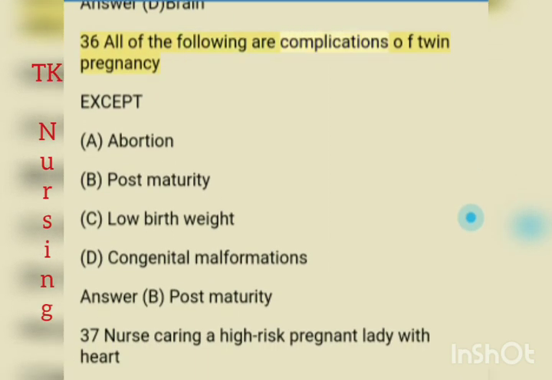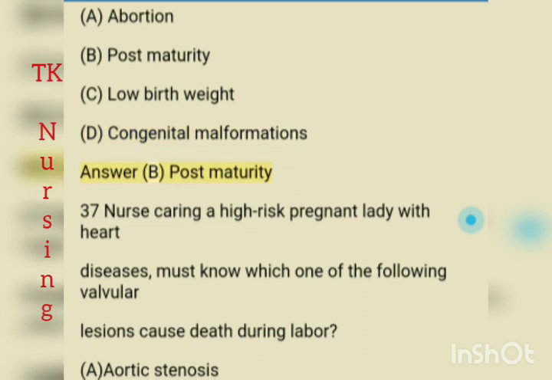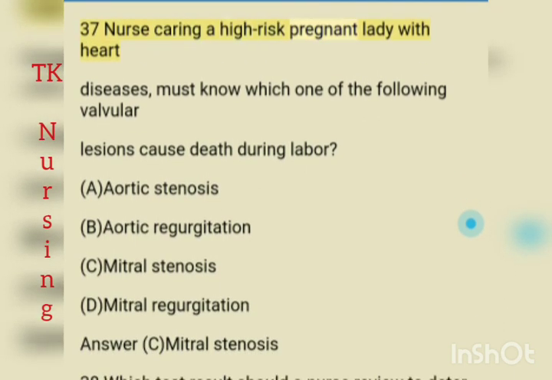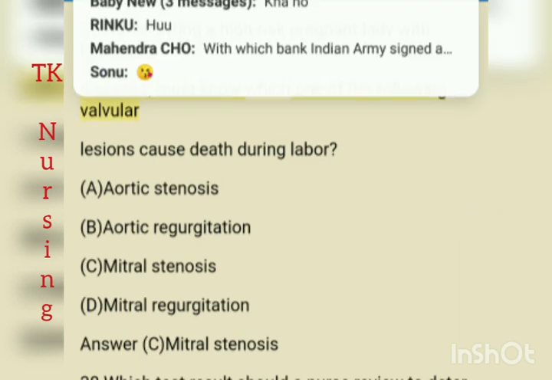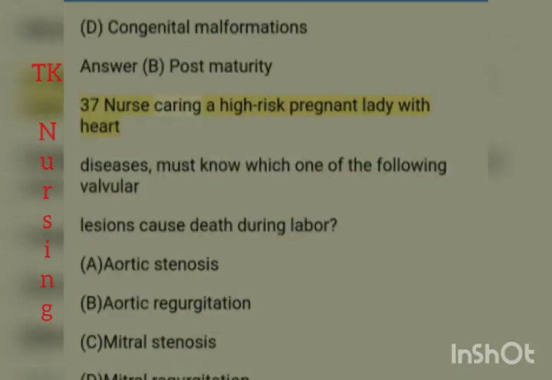36. All of the following are complications of twin pregnancy except A. Abortion. B. Post-maturity. C. Low birth weight. D. Congenital malformations. Answer B. Post-maturity. 37. A nurse caring for a high-risk pregnant lady with heart disease must know which one of the following valvular